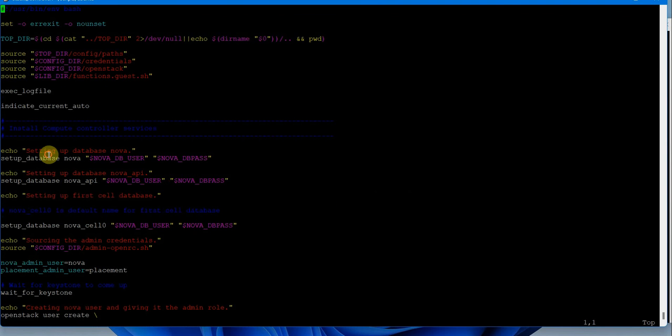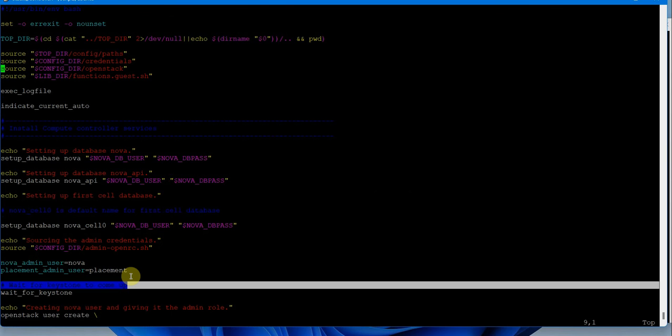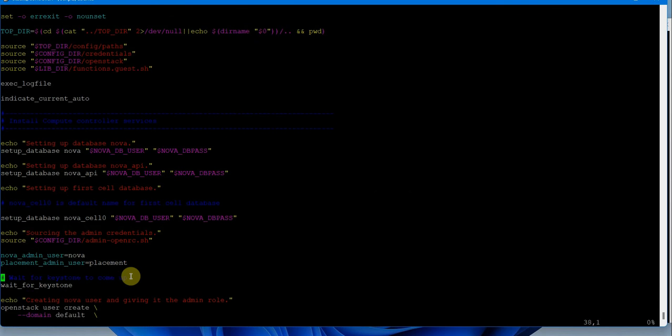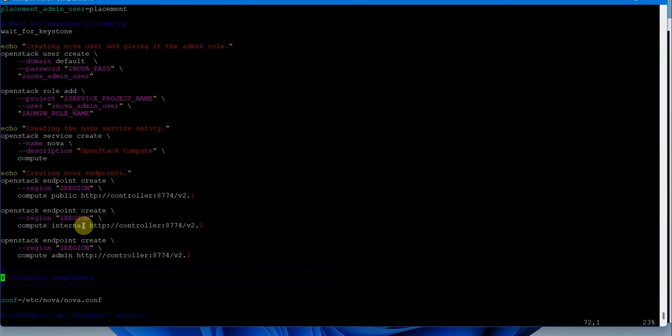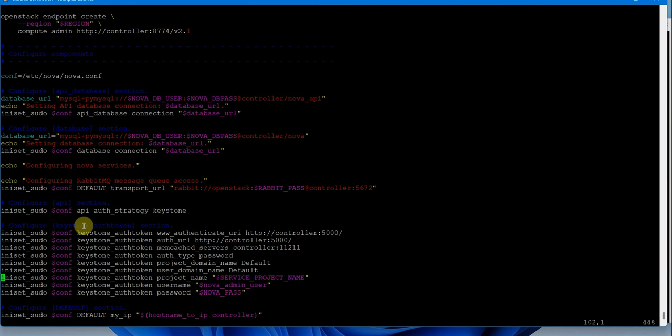So it is setting up the database. This is creating the database, calling that function Nova API database, and then sourcing the configuration, and then waiting for Keystone, and then creating the service related details in Keystone, where it is creating the user, creating the role, adding the role, creating the service, endpoint, public, internal, and admin, and then the main Nova configuration file, where Keystone